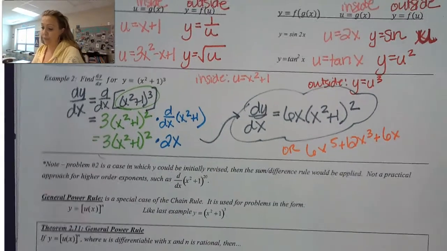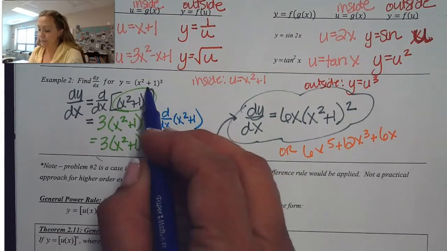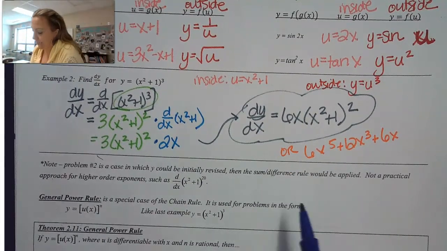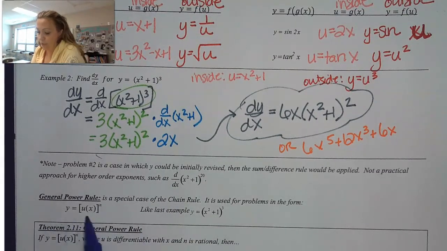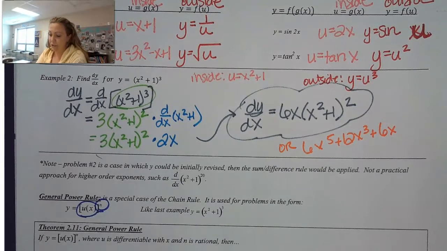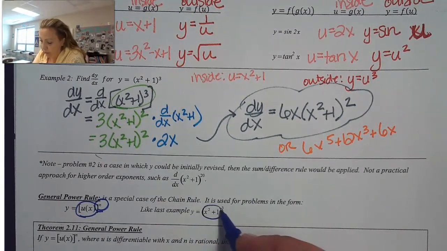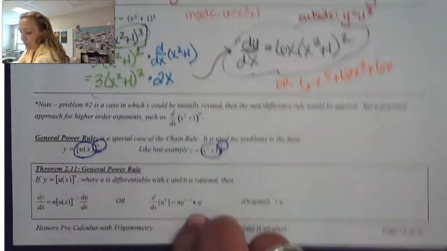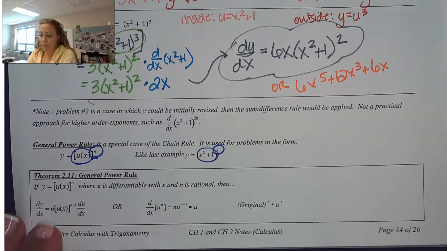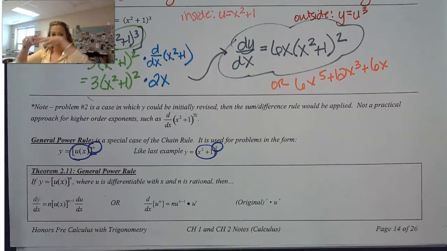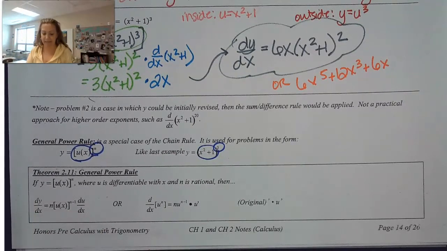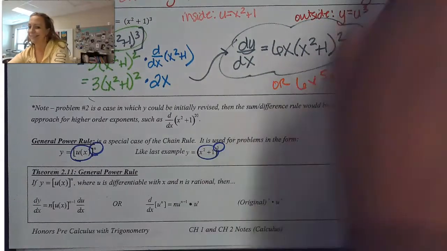It's a special case of the chain rule, and it's when we have an inside function that's part of that power, okay? So it is used for problems in the form y equals u of x to the nth power. So it's when you have some sort of function raised to a power, just like we did here. We had this x squared plus 1 raised to a certain power. And for that general power rule, we're just going to apply exactly what we did. We can take the exponent, turn it into the scalar multiplier, take the derivative of that outside function. So basically take the inside function to the n minus 1, and then take the derivative of the inside function, okay? I think it'll be best if we just get some practice,